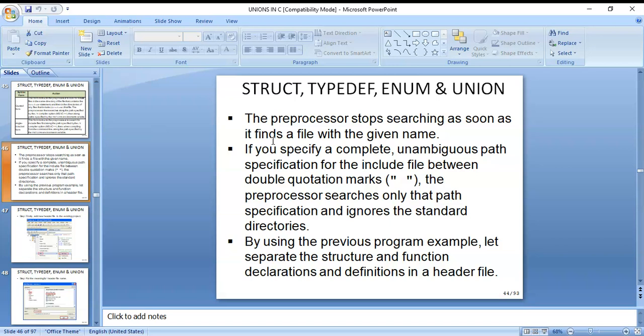The standard directories that exist are all ignored by the compiler. Only the path between the double quotation marks or angular brackets is searched.